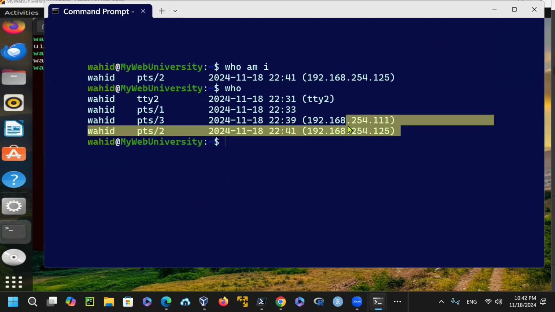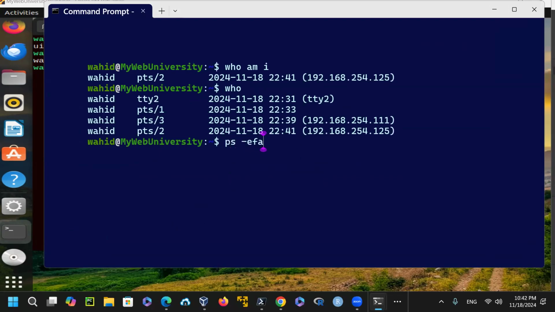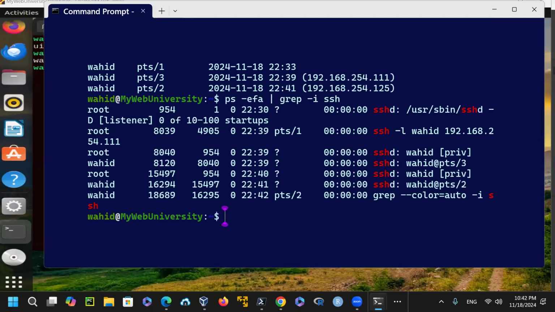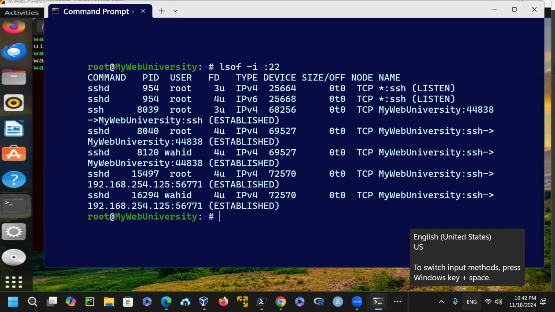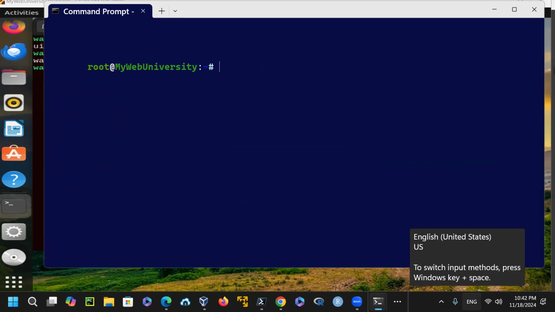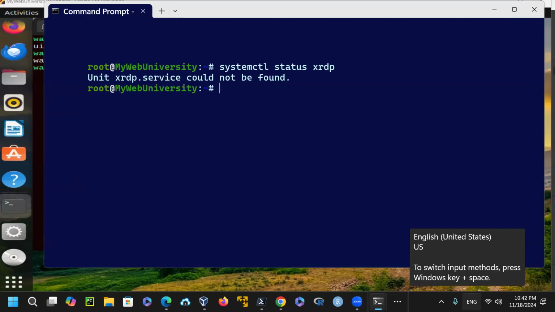The current one is this one, because it's sshd. So ps -ef | grep -i ssh. You can see a lot of the connections established, and the listeners are there. So sudo -i, since I have sudo, I can become root here. And then I say lsof -i :22, show me port 22, and then I can see that one. A lot of these tools are very intuitive. So if I say systemctl status xrdp, it is not installed,